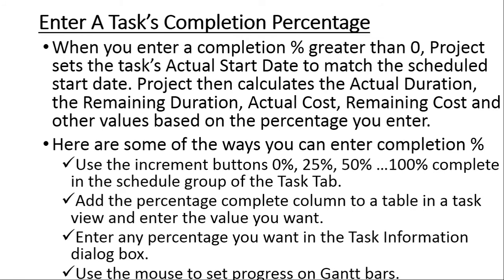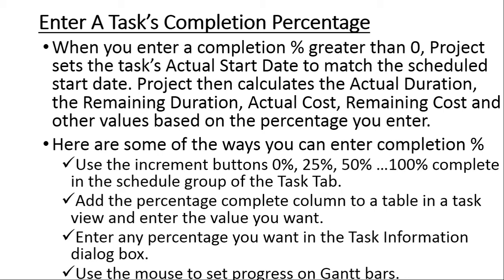We said another method is to enter the task's completion percentage. When you enter a completion percentage that is greater than 0, MS Project sets the task's actual start date to match the scheduled start date. The program then calculates the actual duration, the remaining duration, the actual cost, remaining cost, and other values based on